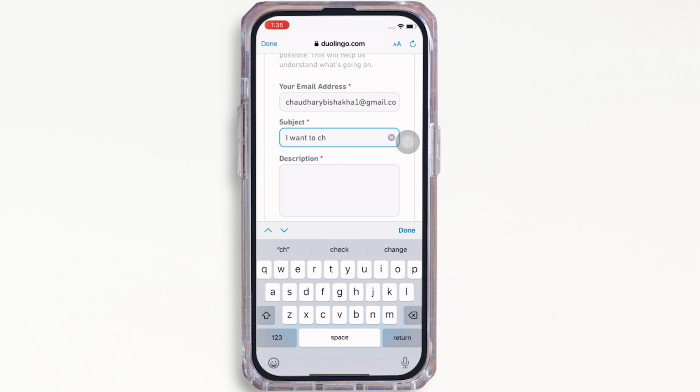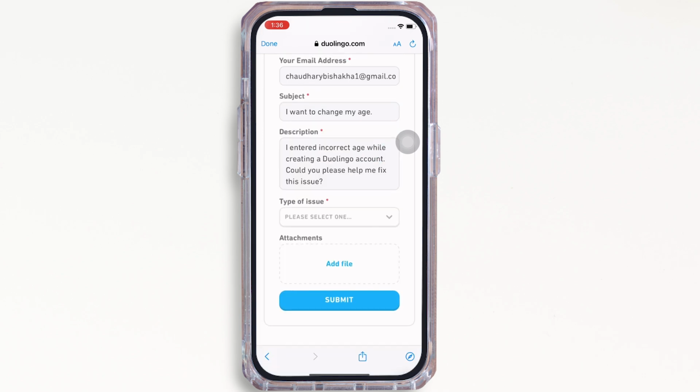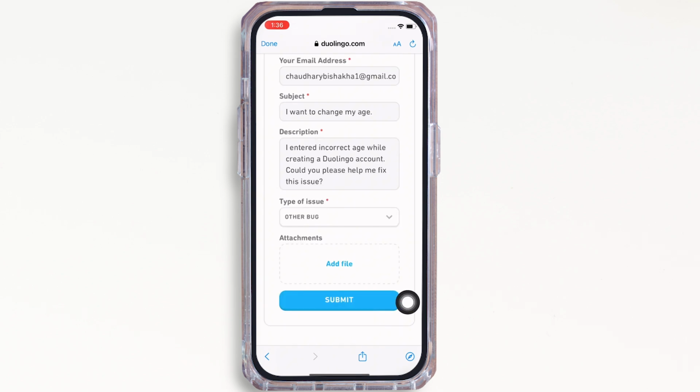I will type in, I want to change my age. Move to the Description tab now and describe your issue. You can also simply copy whatever I have written. Now tap on the Type of Issue drop-down and select the Other Bug option, and finally tap on the Submit